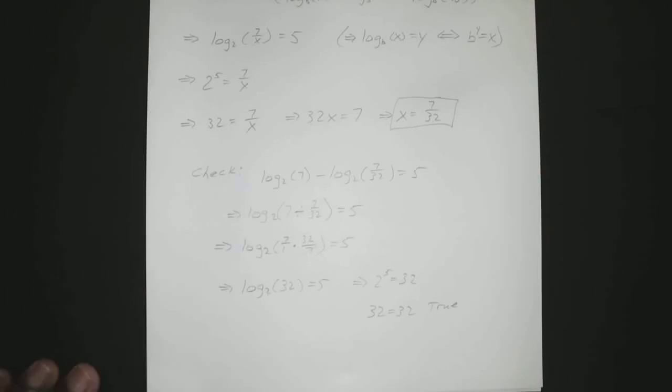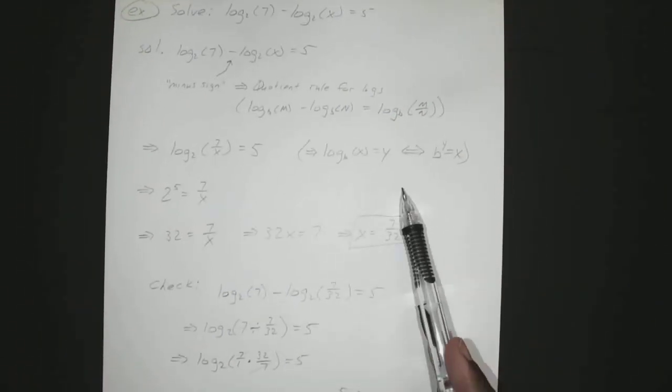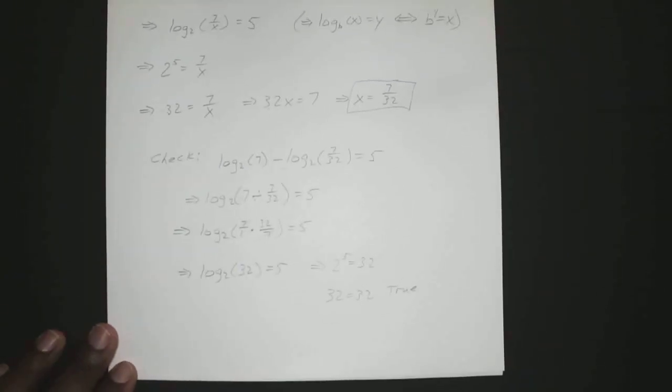So we can actually tell just from the very beginning, if we look at our original problem, that if we plugged in 7 over 32, it would be positive. The rest of it was just to make sure we had the right answer. All right, so any